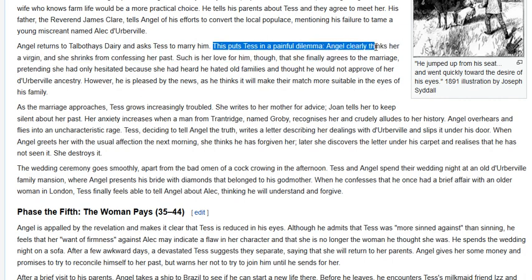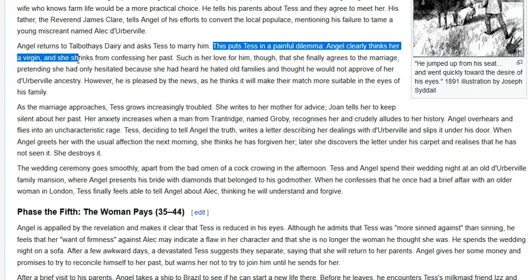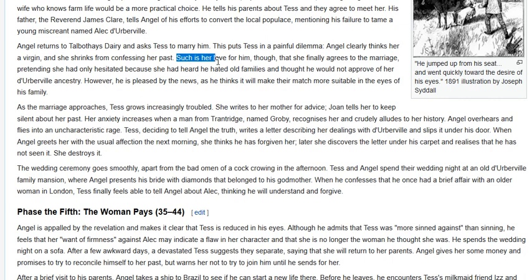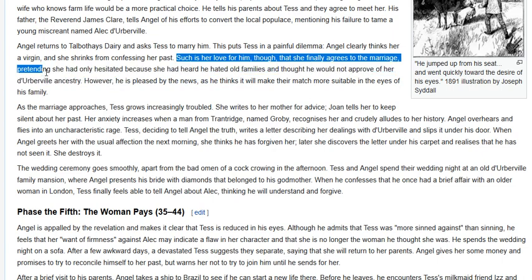Angel clearly thinks her a virgin, and she shrinks from confessing the past. So this is an awkward situation between their relation. Such is her love for him, though, that she finally agrees to the marriage, pretending she had only hesitated because